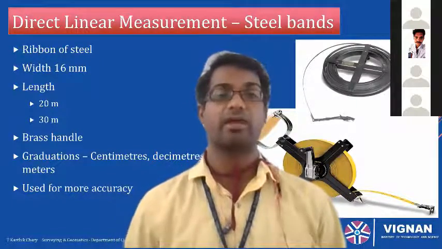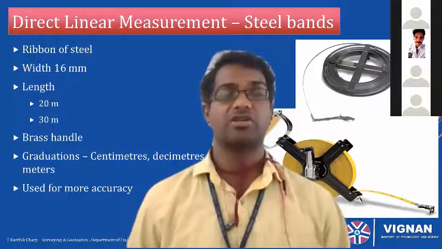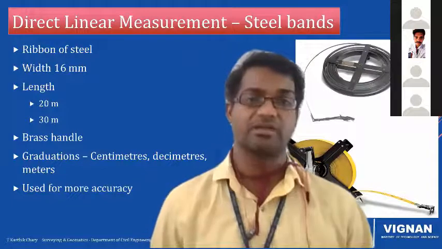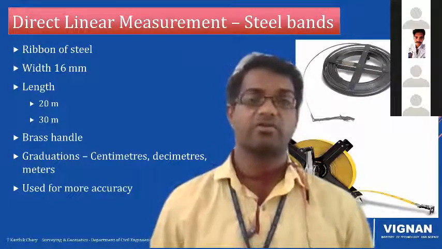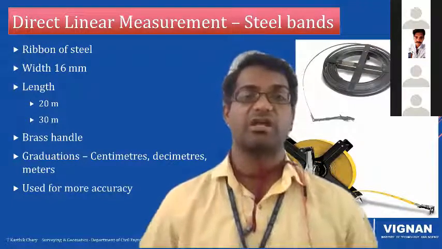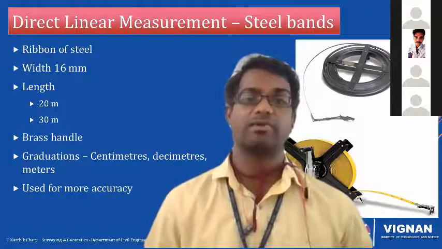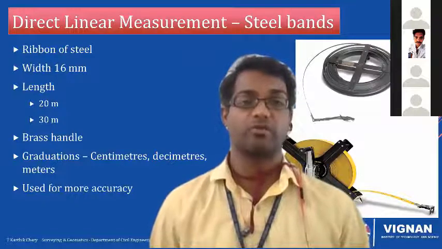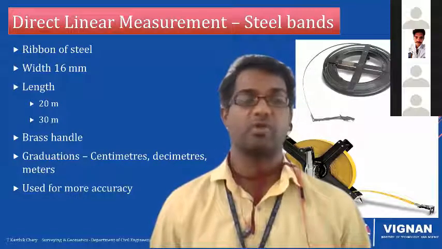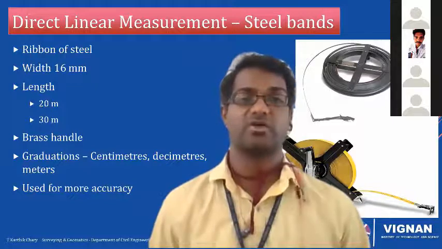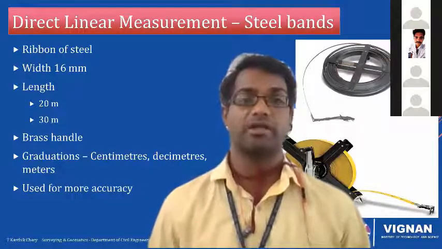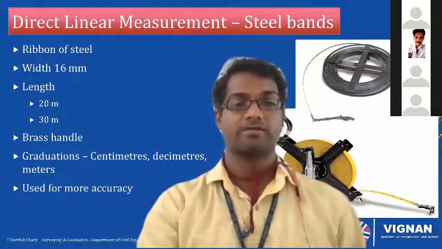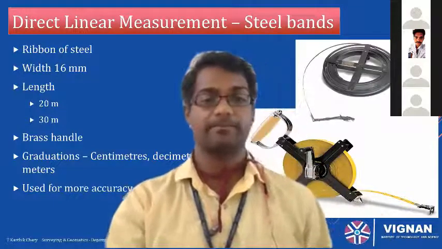Whereas if you take the metric chains, 20 meters or 30 meters, the least count is only 0.2 meters. So if you have taken a chain and started measuring in the field, the values will be in multiples of 0.2. Now, if any student writes 24.1, you cannot measure 0.1 through a chain. The least count itself is 0.2. Either you will take 0.2 or you will take 0.4, right? So this is about the steel band.